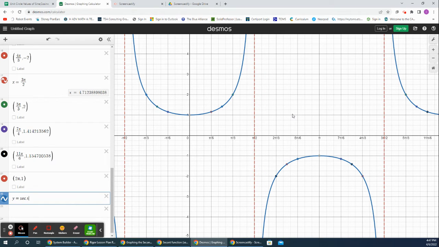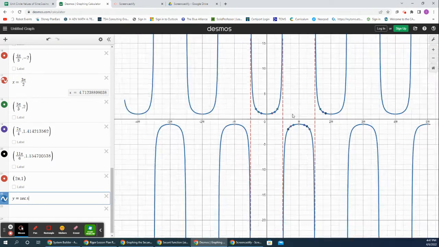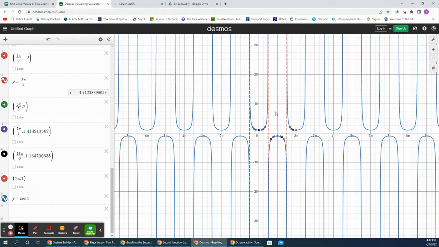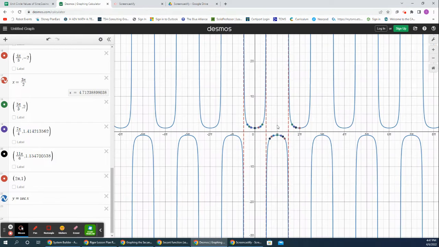Zoom out by just zooming out. And then you see, whoa, look at that. Secant actually continues. It repeats, right? It repeats. If we zoom back in,